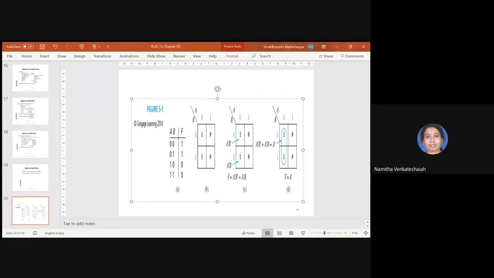So this figure 5.1, everybody, did you understand, students? Reply to me through the chat window. I'm going very slowly. Okay, anybody having doubts, you can let me know as well, students. Okay, thank you.